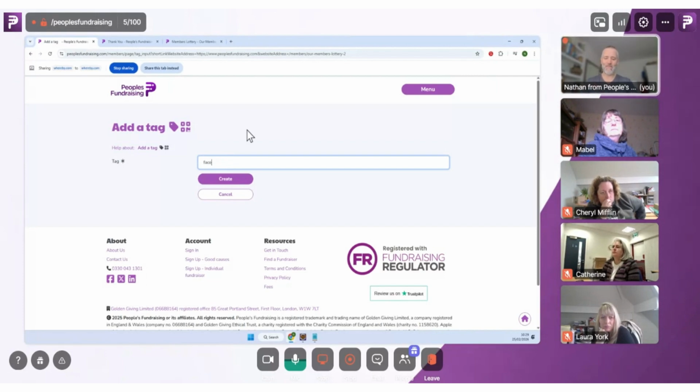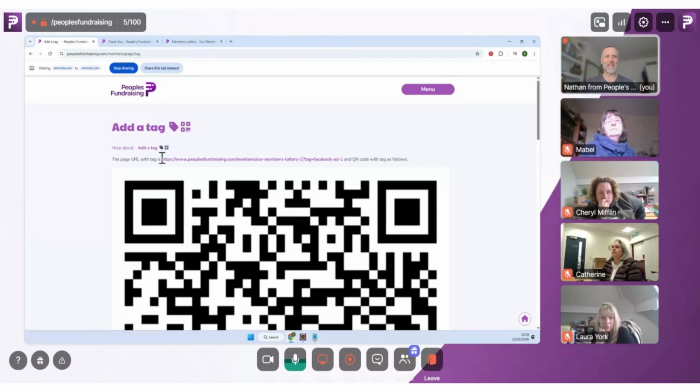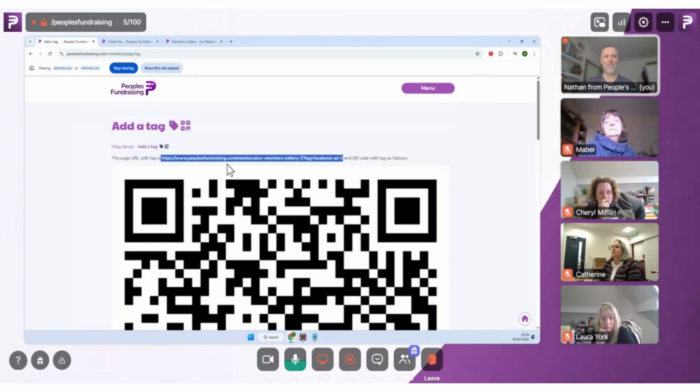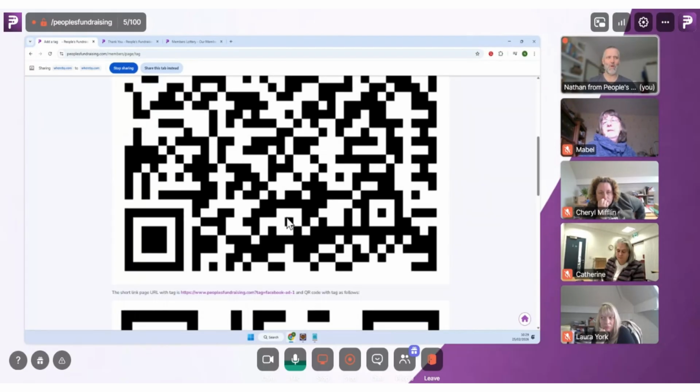So just say you say Facebook ad 1. You create that, and then you post this to Facebook with the ad 1. And then when people click on that and they make a purchase, that data is stored against the purchase record. Okay, so then you can say this purchase came as a result of the Facebook ad 1